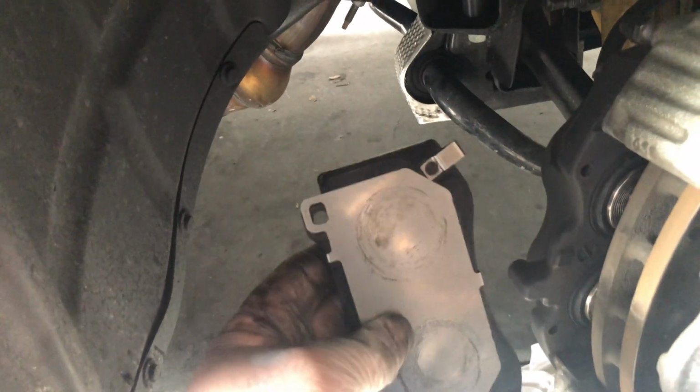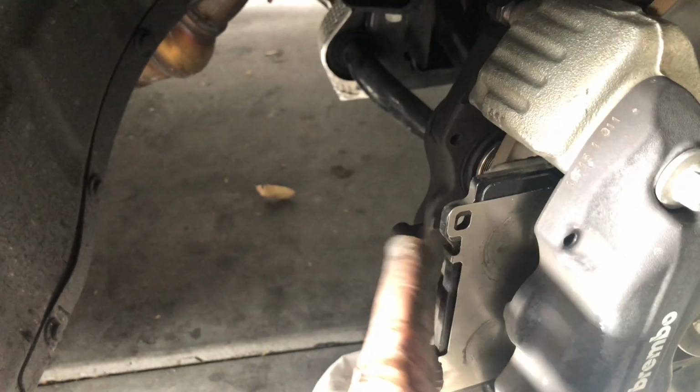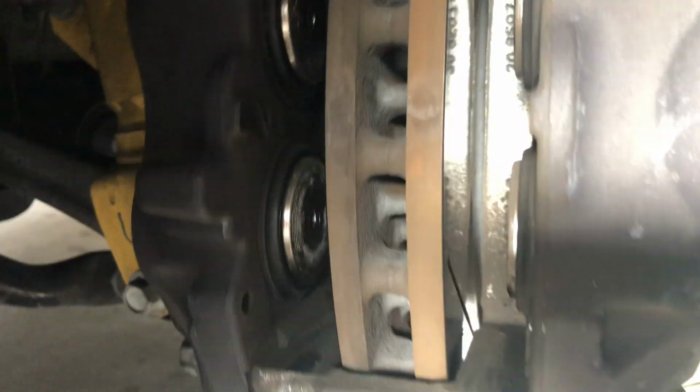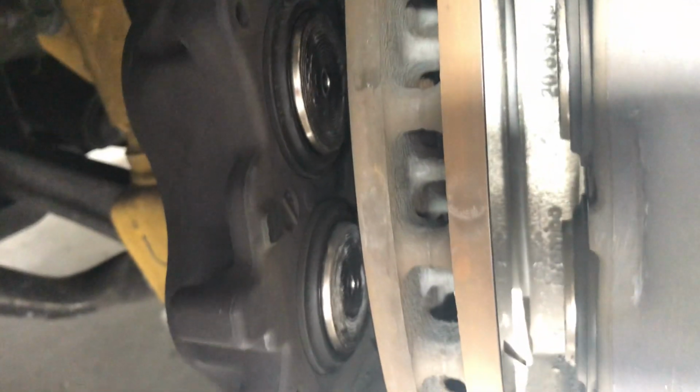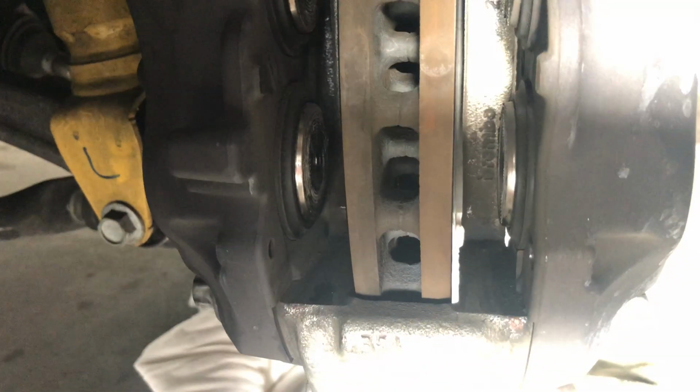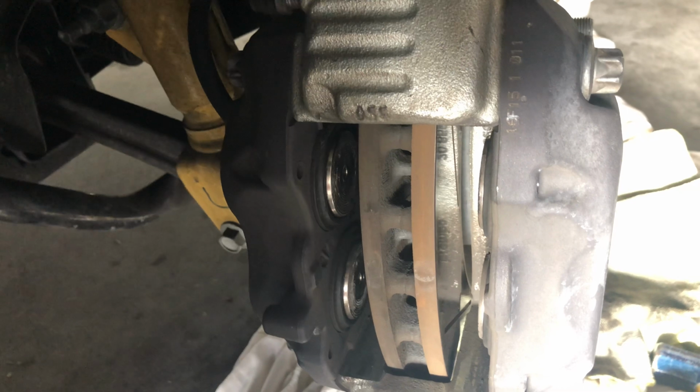So obviously the pistons are there for the caliper, and you just slide the pads back in. Those are the pistons there. Now I thought these were 6 piston Brembos in the front, but I guess not, because all I see is 4. There's a good shot there. I don't see a 6 one, so I think the Hellcats and the Demon have 6 pistons. And I believe the 392s